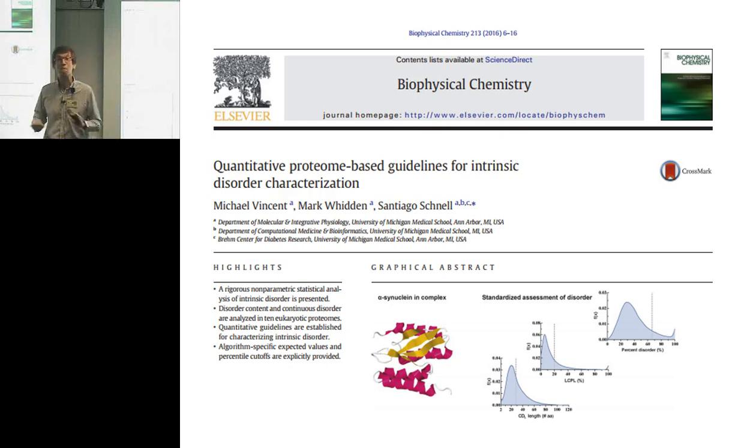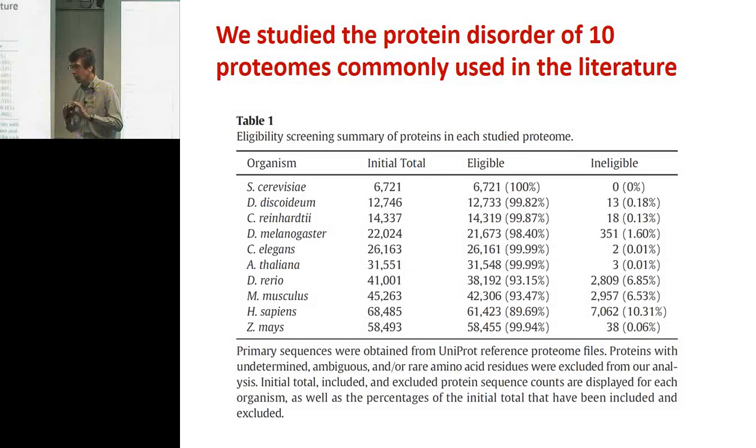And we thought maybe we should do the same thing with proteins and do the calculations of intrinsic disorder. Using these population proteomic-based measurements, we can establish guidelines that are supported by statistics. And that's what we effectively did. So we decided to do a quick literature search and find which are the most common proteomes currently studied in the literature as animal or plant models. And we selected the 10 most commonly cited.